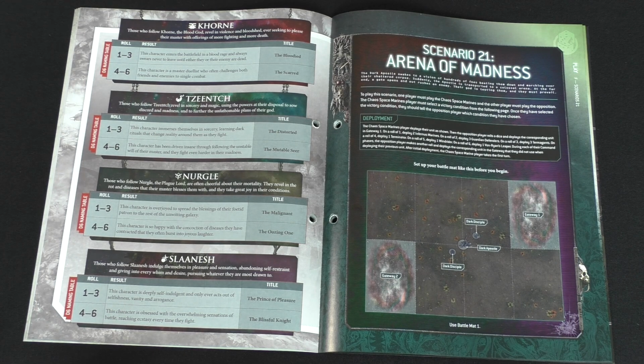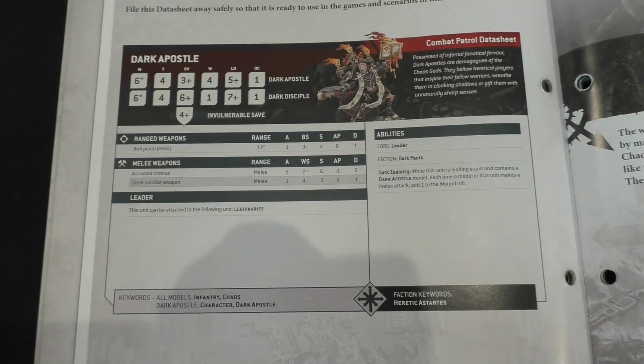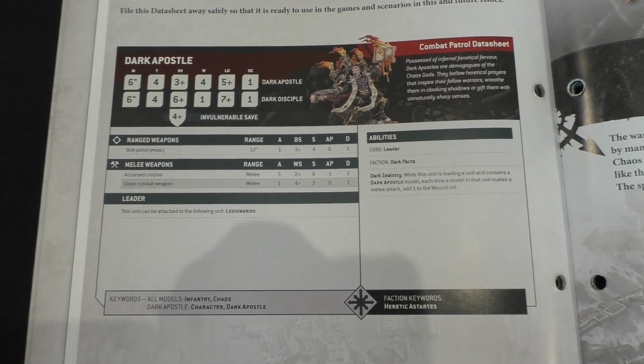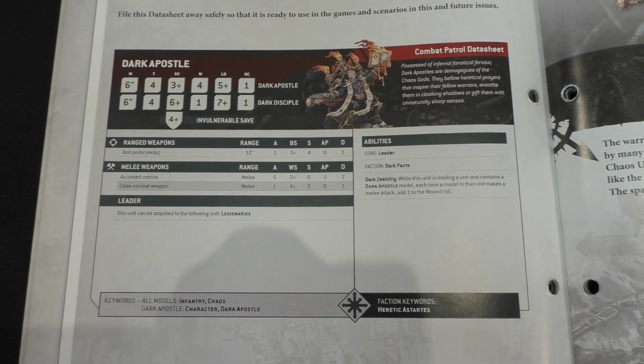He'll take us through the Dark Apostle's datasheet and get us into today's game. So we start with the Dark Apostle's datasheet. You can see there are actually 2 lines on his profile because the Dark Disciples have a slightly different profile,